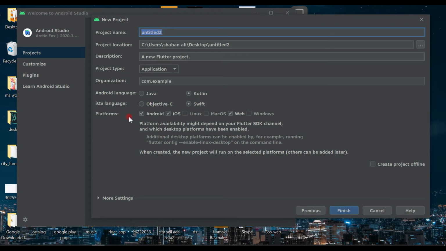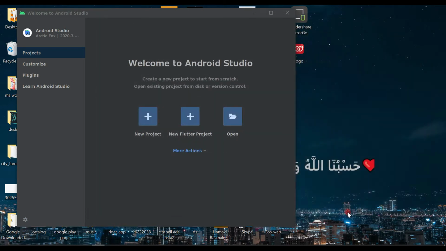We are going to develop a furniture app, so I'm giving furniture app here, and if you have any domain or company name, you can give your website like mysexsystem.com, and now click on finish.